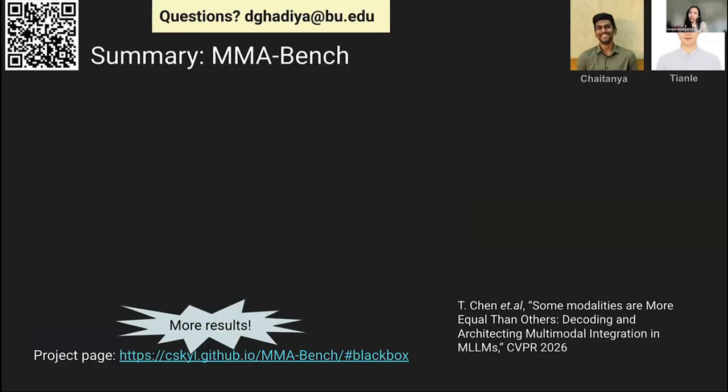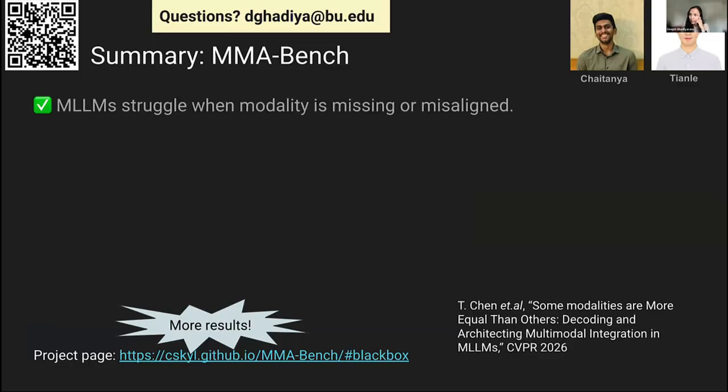So the benchmark is called MMA Bench. The students who drove this are Chaitanya and Tianle. The project page is very well designed. It has several qualitative and quantitative examples. The students have studied a lot of different black box and white box analyses.